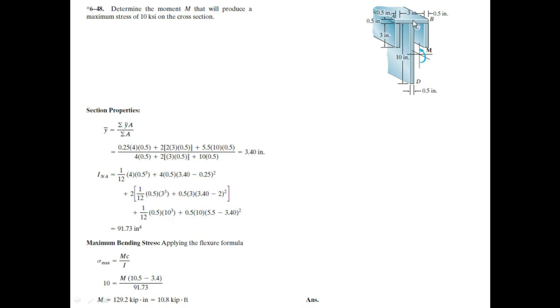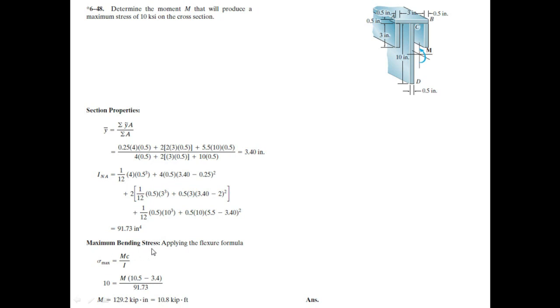फिर प्लस का हमने कर दिया 1/12 बी डी क्यूब, और ओवरऑल इस बड़े सेक्शन की बात कर रहे हैं 1/12 प्लस का एरिया, इतना किसका कितना हो जाएगा? 10 इंटू 0.5, और प्लस इसका यहाँ से ओवरऑल तक टॉप सरफेस तक कितना हो जाएगा? 5 और आधा 5.5 माइनस वाई हैट कितना है आपका? 3.4। तो ये आपके पास अगेन पैरेलल एक्सिस थ्योरम 1/12 बी डी क्यूब प्लस का एरिया इंटू डी स्क्वायर। तो इसको आपने सिंप्लीफाई किया तो मोमेंट ऑफ इनर्शिया अबाउट द न्यूट्रल एक्सिस आपका कितना आ गया? 91.73 इंच टू द फोर्थ। यहाँ तक आपके पास आ गया।